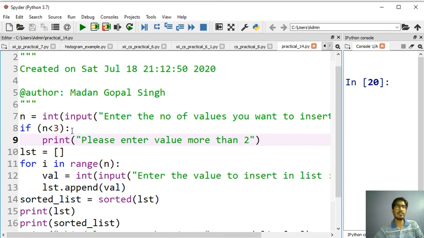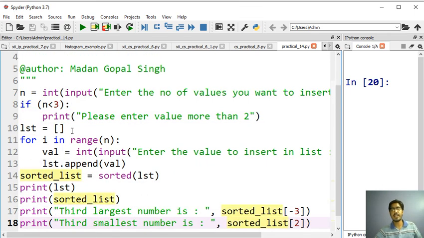If the value is less than 3, then this logic will not work and you might get an error, because if you are trying to access the third index and the list doesn't have it, then you might run into an error. That's why I have put the condition here.